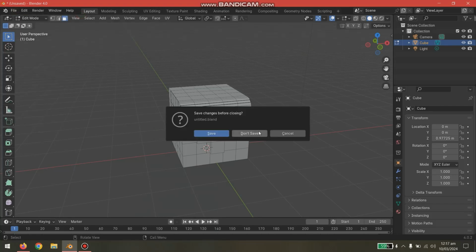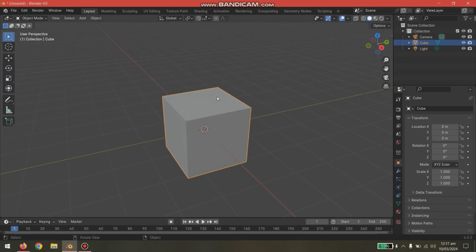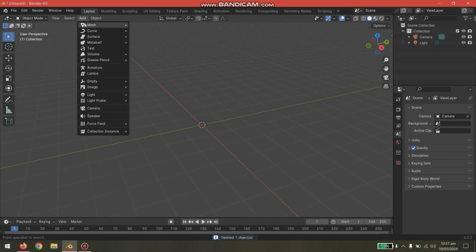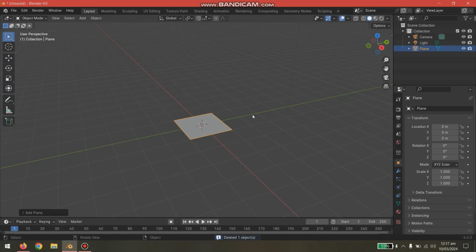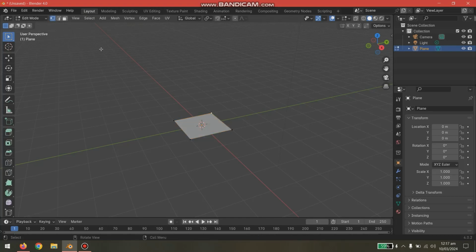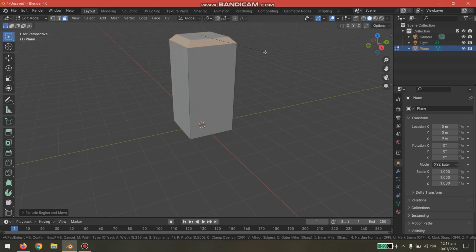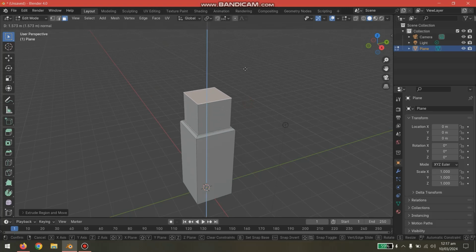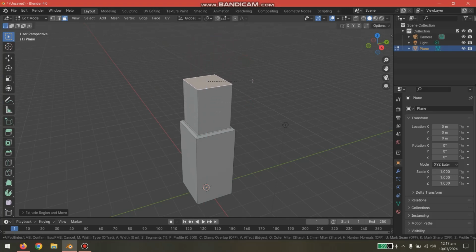Okay, so let's create a new project and create a building with some good looking design, you can say. So let's select extend and Ctrl B. Okay, and select this area, press E and again S and extend like this, and press Ctrl B again and then